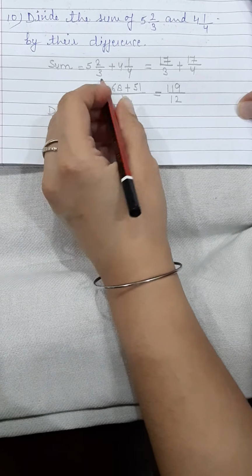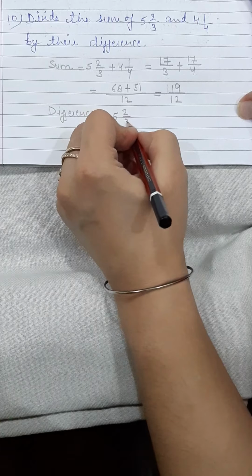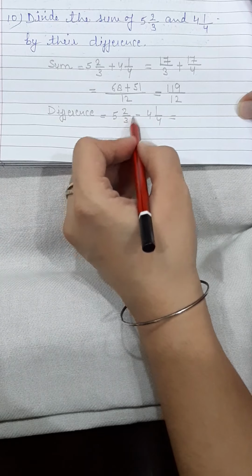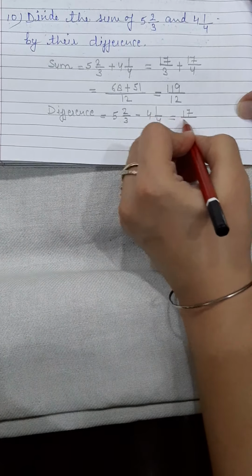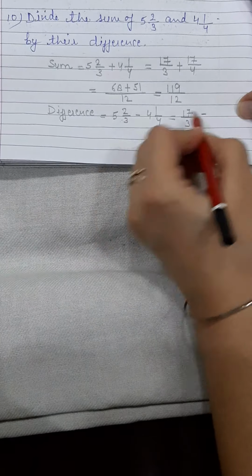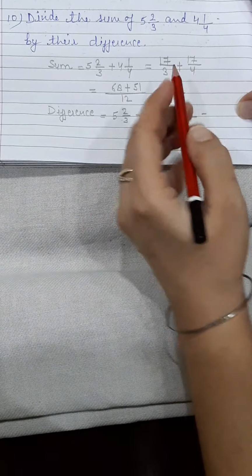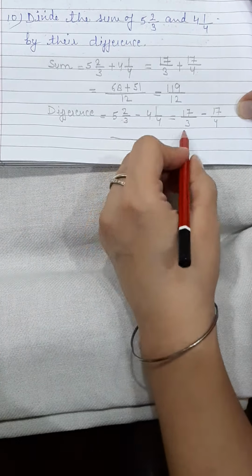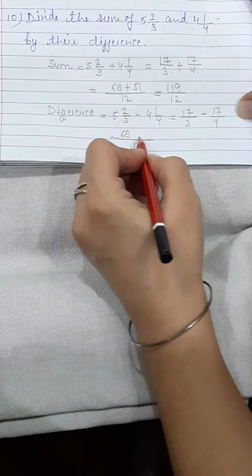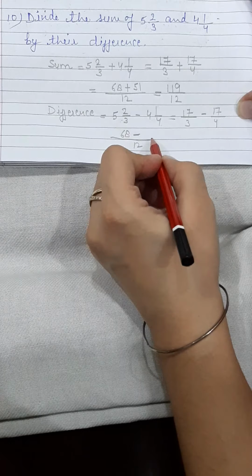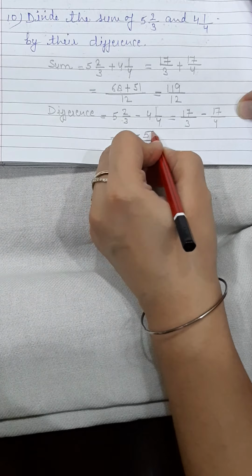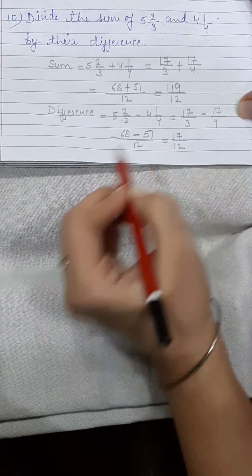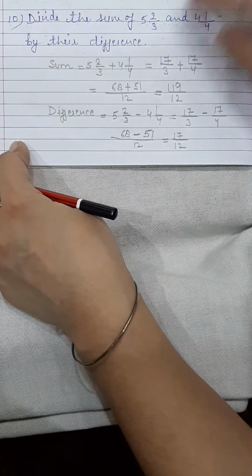So the difference of these same two rational numbers will be, here we have simplified already. So when you convert into improper fractions, 17 by 3, right, minus 4 whole 1 by 4 is 17 by 4. Take LCM. LCM will be 12. 3 4s are 12 and 17 4s are 68. Now minus, 4 3s are 12 and 17 3s are 51. 68 minus 51 is 17 by 12 will come. Clear? Now you have to divide.